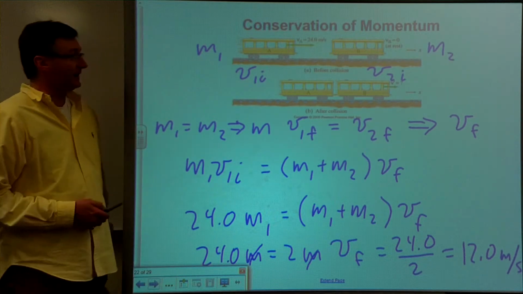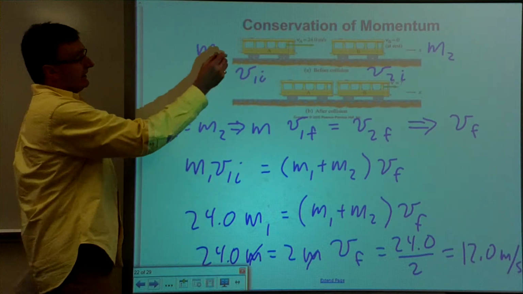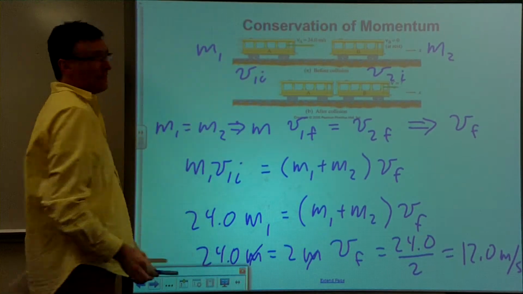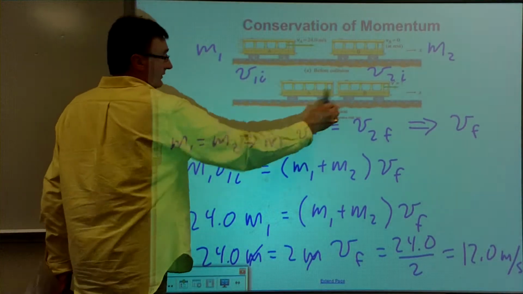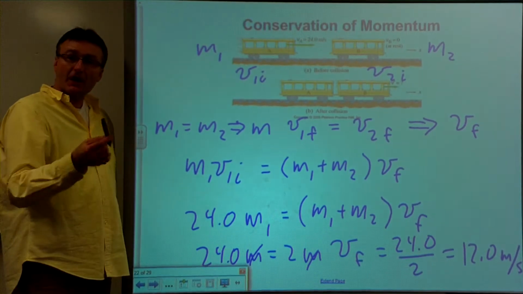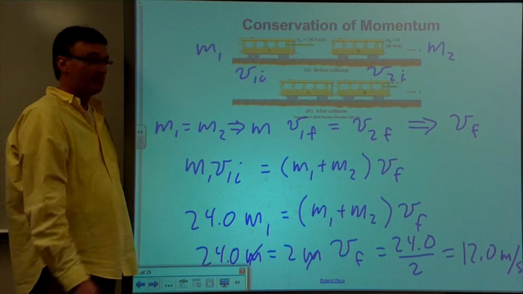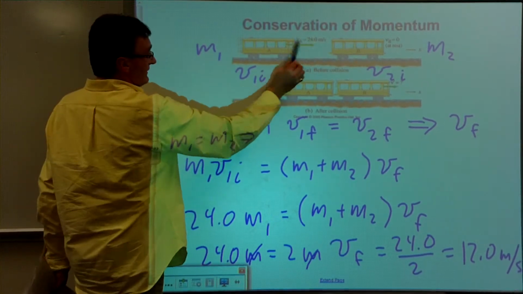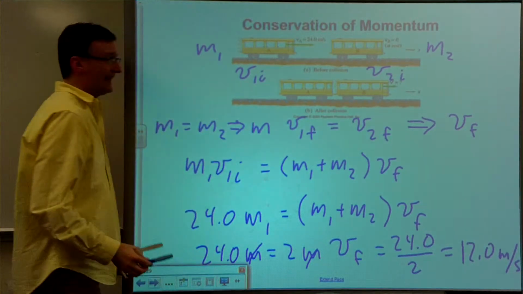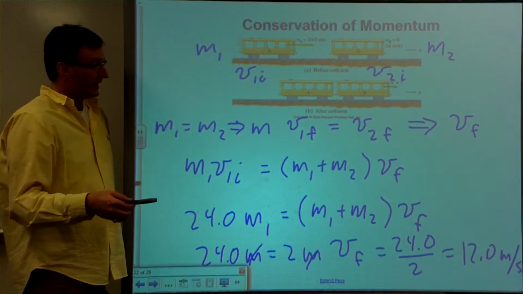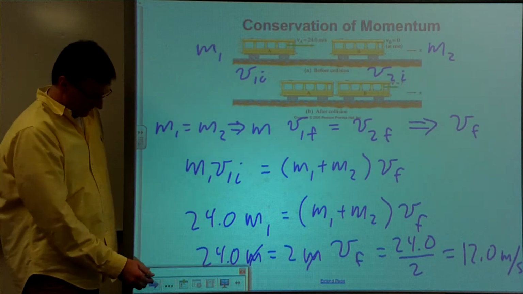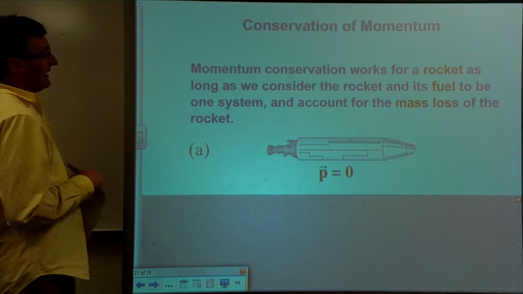And when you think about it, that kind of makes sense, because initially the momentum of the system is this mass times its velocity, and now it joins with the other car, so that the mass is now double, which means that the velocity will have to be half of what it was before. So the initial velocity of this one was 24 meters per second, and afterward the two cars together, their velocity when they're joined, is 12 meters per second after their collision. So that kind of makes sense. All right, now some other